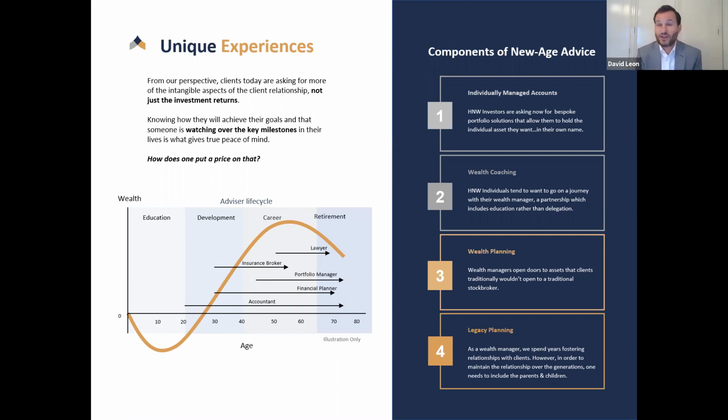So some of the stuff we're seeing on our side, individually managed accounts have become almost a go-to. This is where they get their bespoke, if you will, easy implementation, but they still have that ownership. They want to see, of course, sophisticated analytics around that, but they don't want to necessarily be involved in it. Wealth coaching is very important. Wealth planning, traditionally known as financial planning, and of course, legacy planning, how we get this wealth to the next generation.